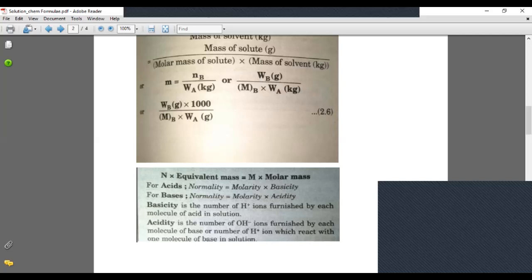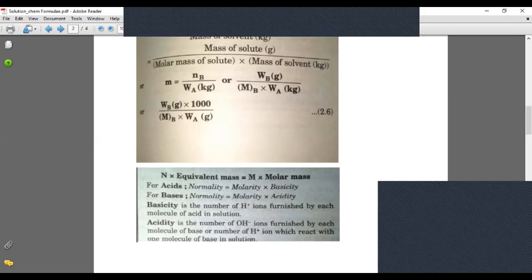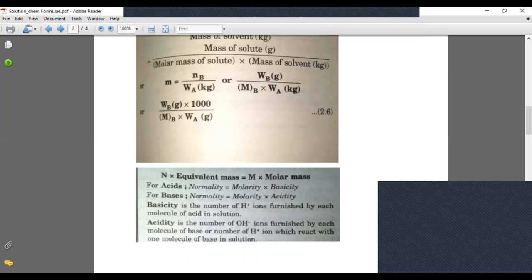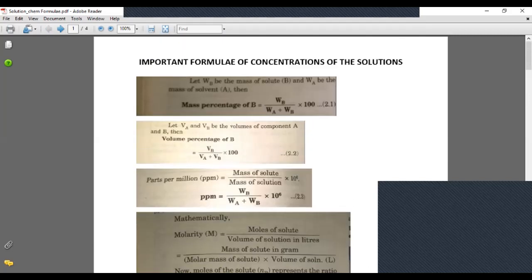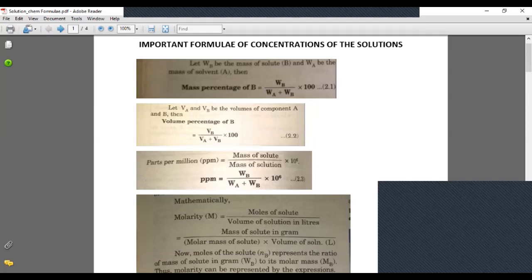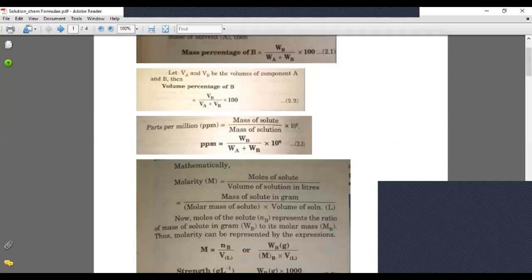So in this way, we have seen how we calculate the concentration of the solution in different ways. Now my suggestion is you start doing the numericals given in NCERT on the basis of the formulas I have given at the beginning of the topic. All these are important formulae which are highly helpful in solving numericals. Many numericals are given in the text as well as in the exercise. So dear students, please start doing them when you find yourself free.